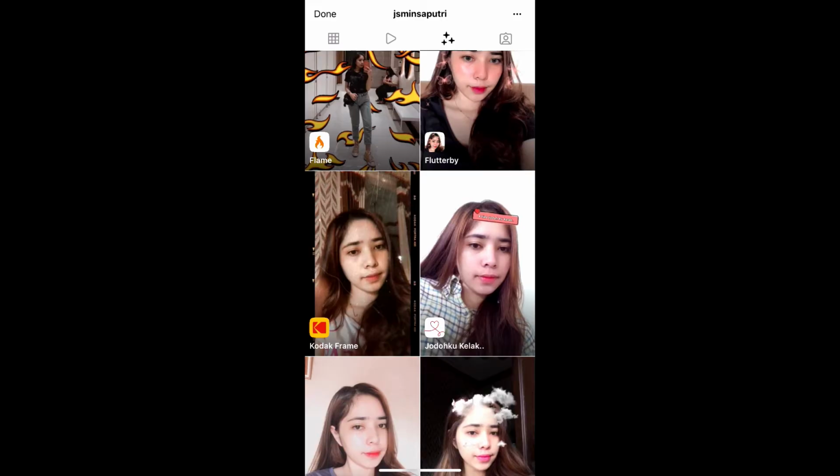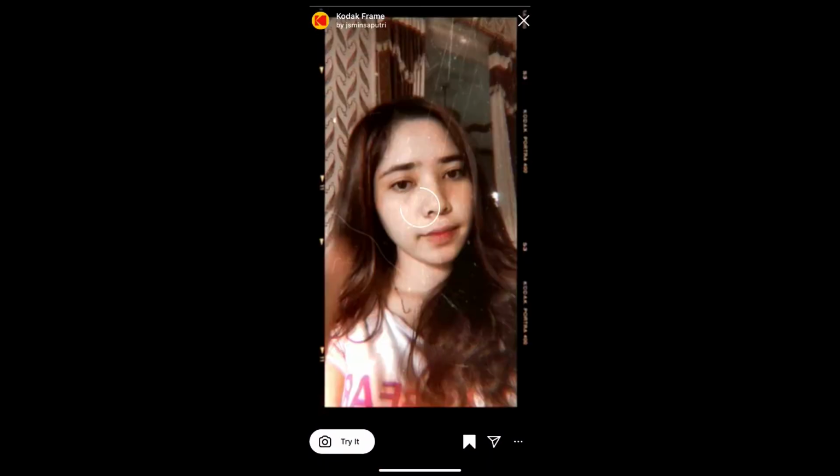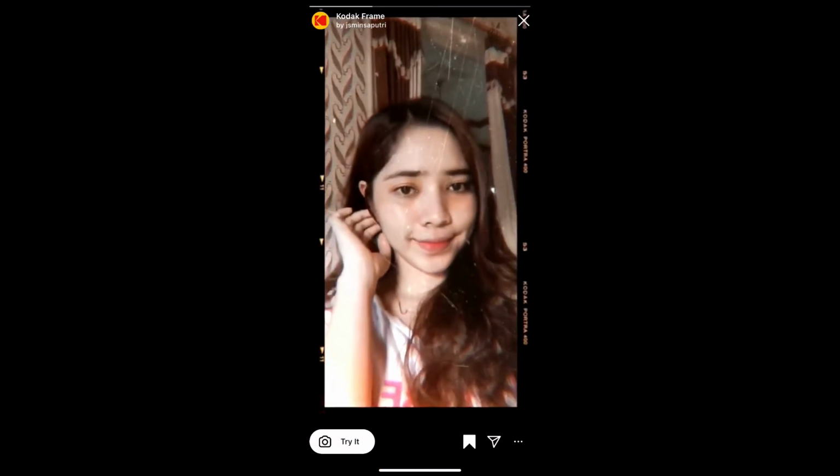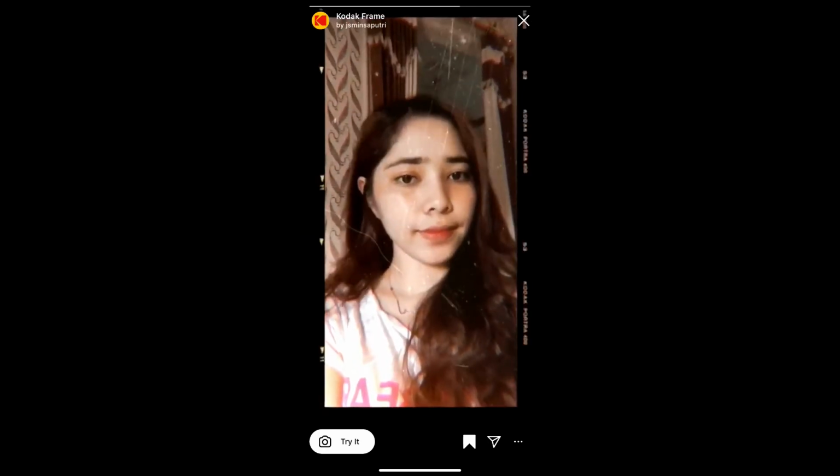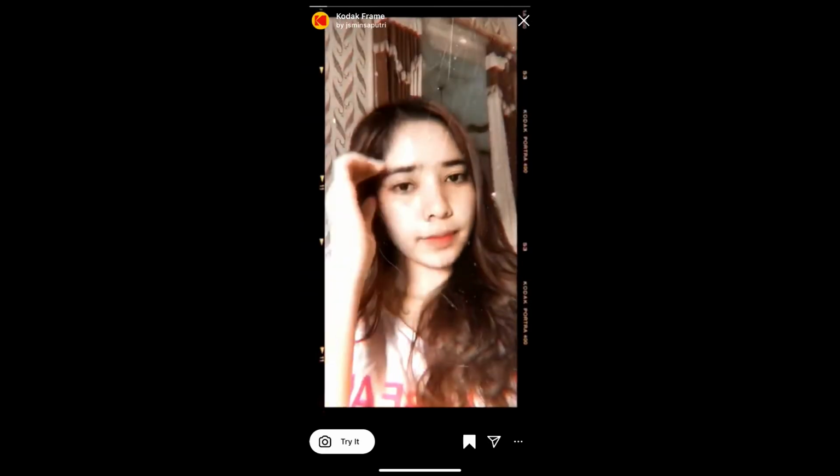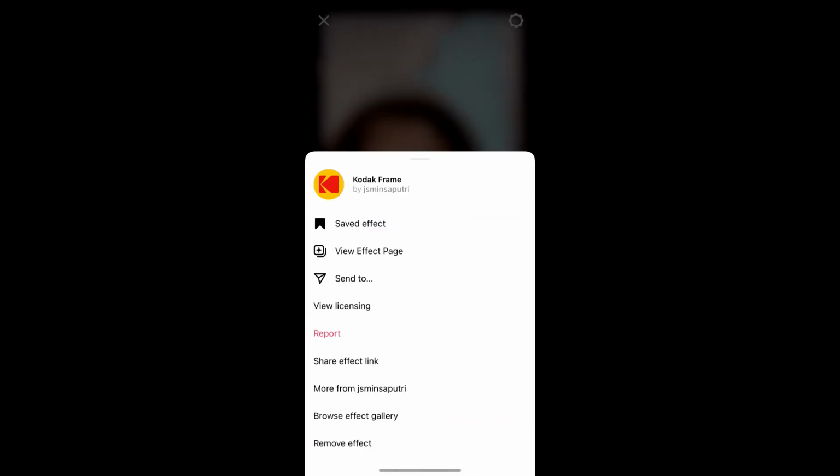Okay, and this is the filter, Kodak Frame. Tap on it and you will see this preview. From here you can save it to your Instagram camera tray and you can tap on try to try the filter. Okay, and suppose you are not getting the effect like this, then